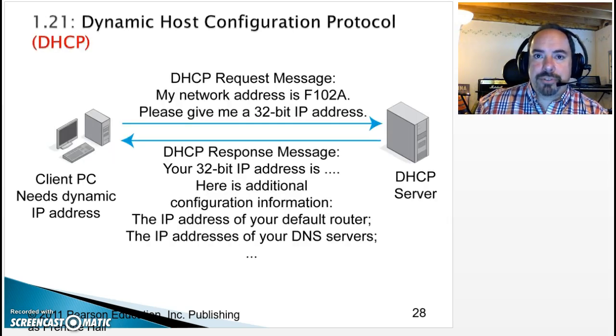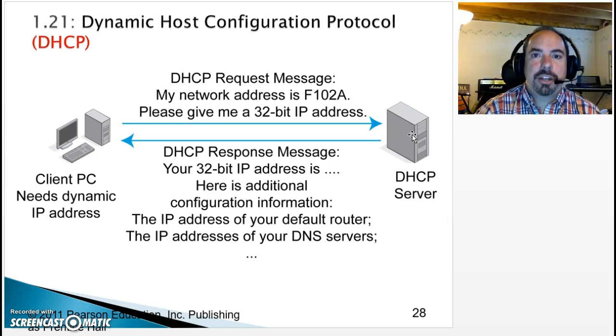DHCP is a great example of a client-server protocol. The client requests a service and the server responds. In this case, we're talking about old-fashioned 32-bit IP addresses. And notice that the DHCP server actually gives you five very